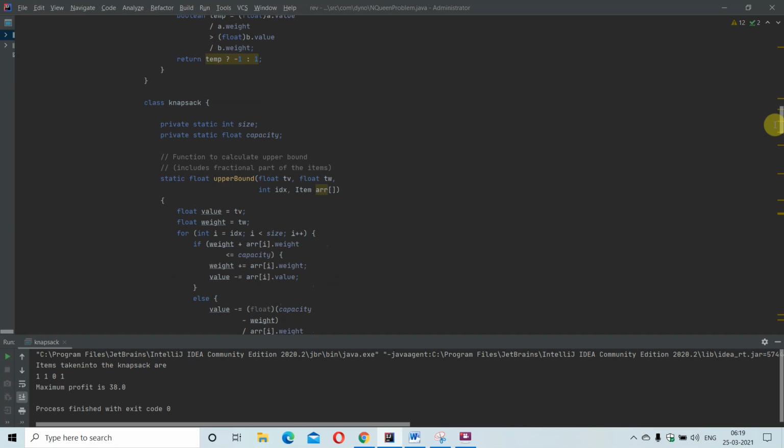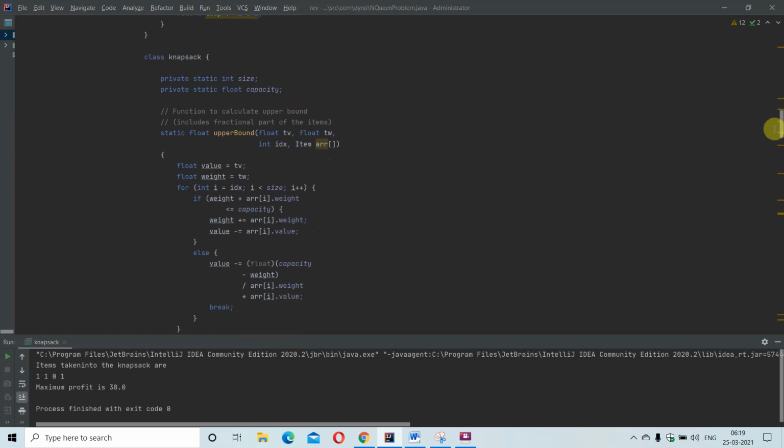Now I am declaring the class Knapsack. This is the main program. Here I am declaring private static int size and private static float capacity, and here for upper bound, simultaneously I am declaring an upper bound function and getting the values of float total weight, total value, and index, and I am